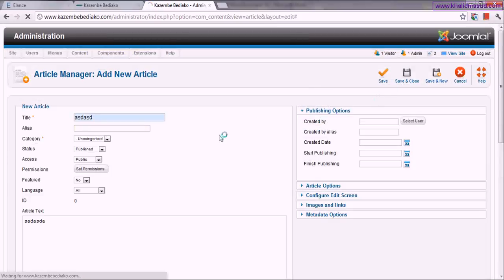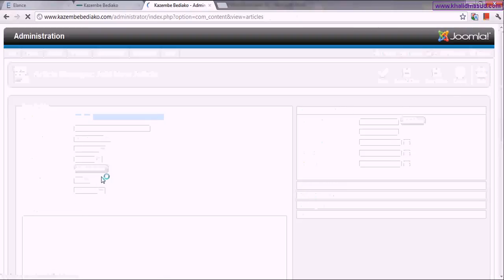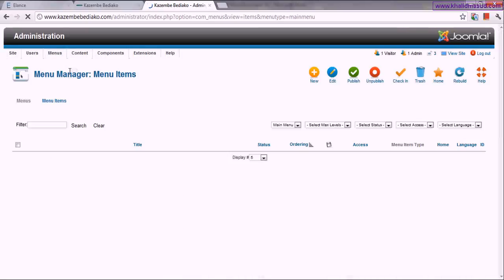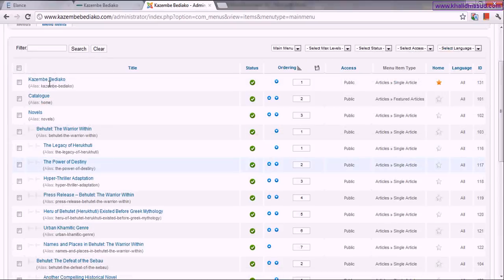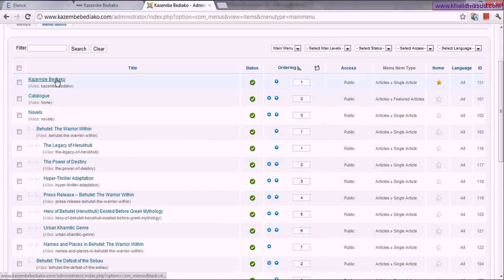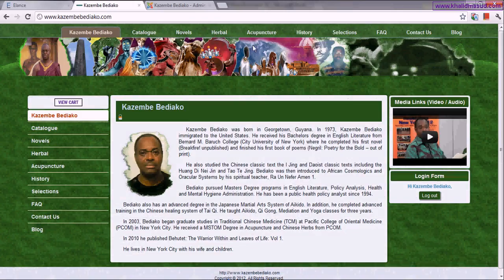Once you have made a new article and want to show it on your website, you have to go to the menu section and click on the main menu. This is the text which is practically shown on the main page or on the pages of your website, and this is the exact text which will appear here.